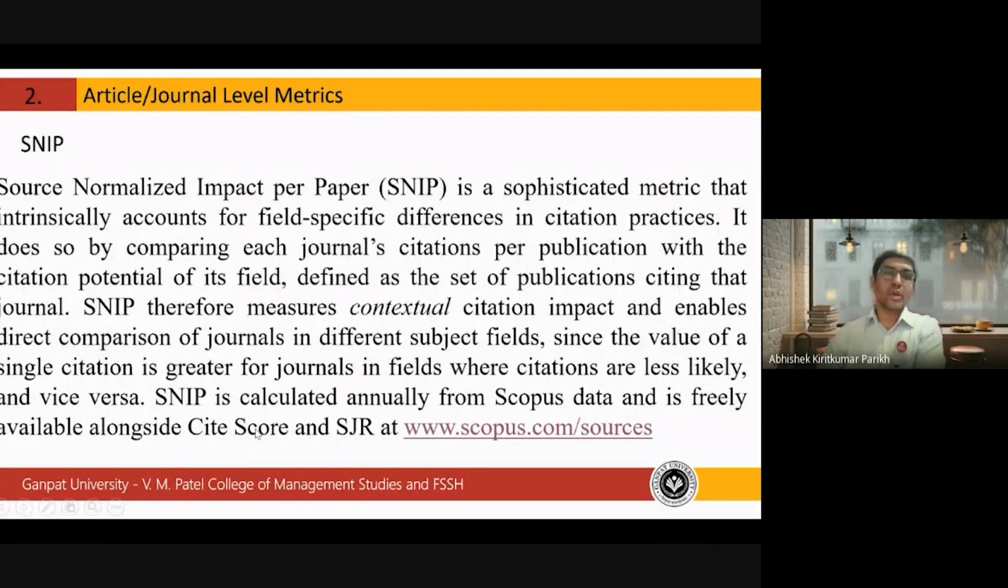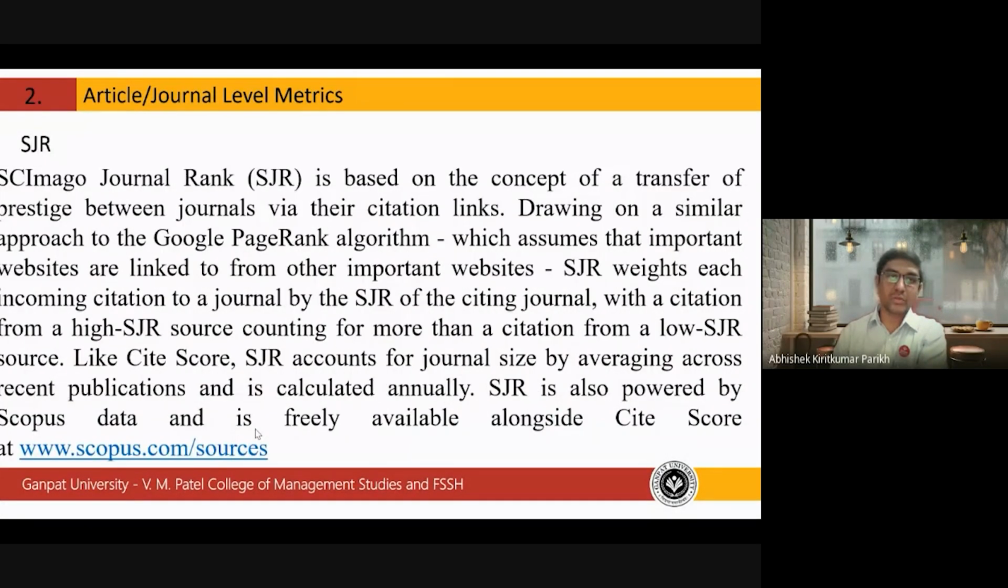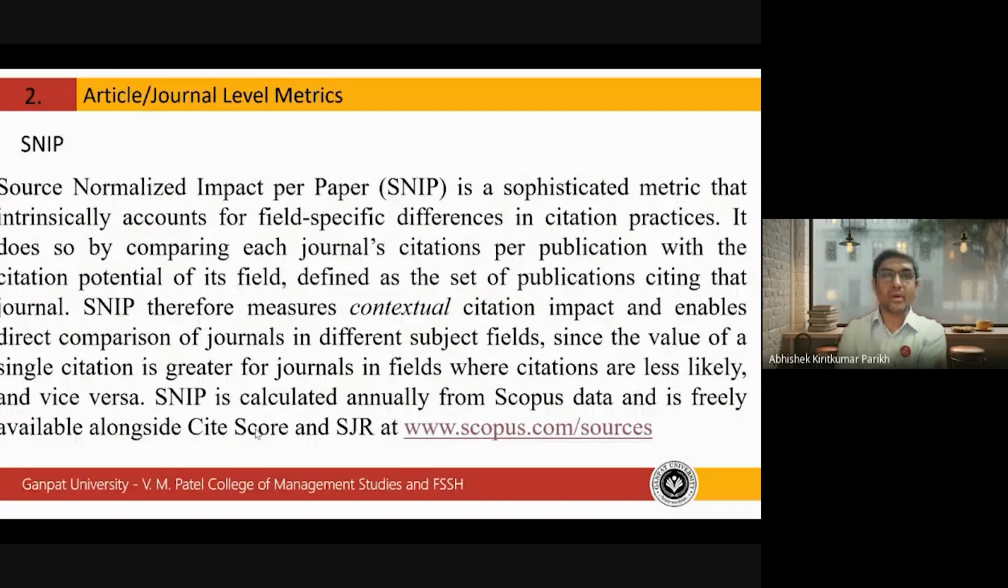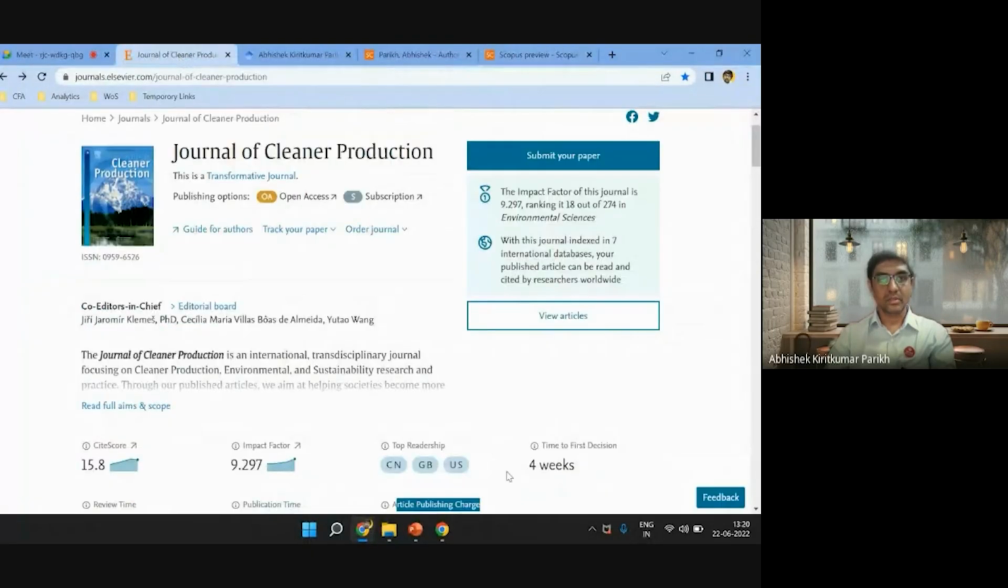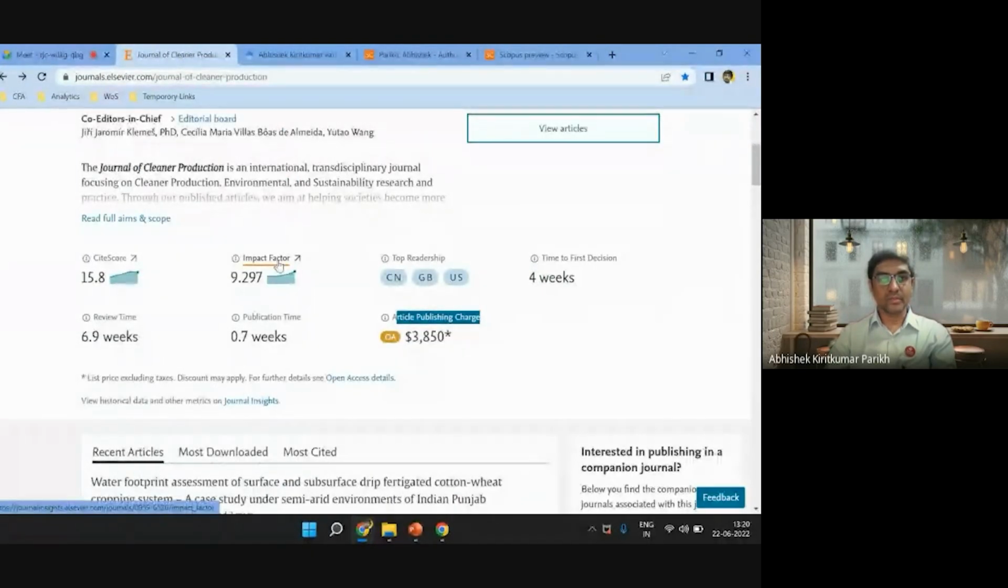Now, what is the source normalized impact per paper? This is the SJR score. It is about the per paper score, basically a sophisticated metric that intrinsically accounts for field-specific differences. So what is the field-specific? If you look at this particular case, if I am going to this impact factor,